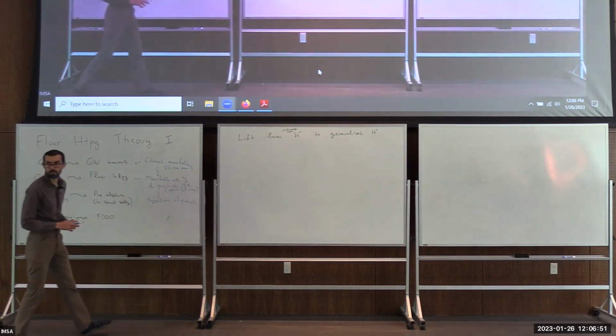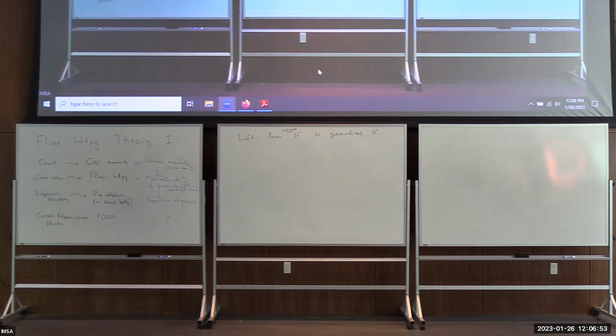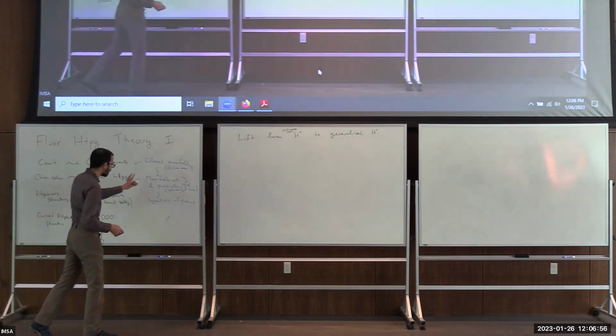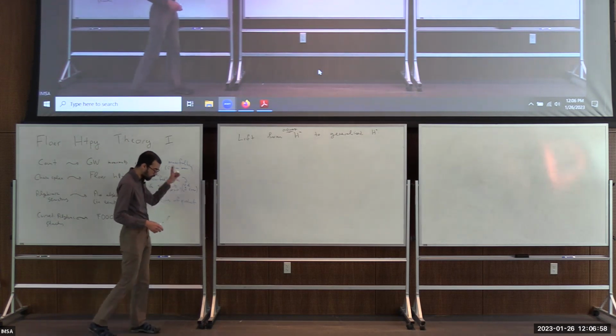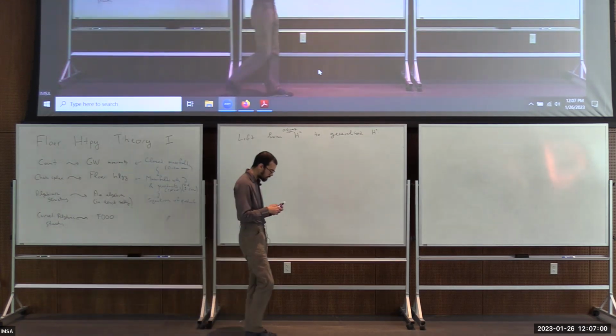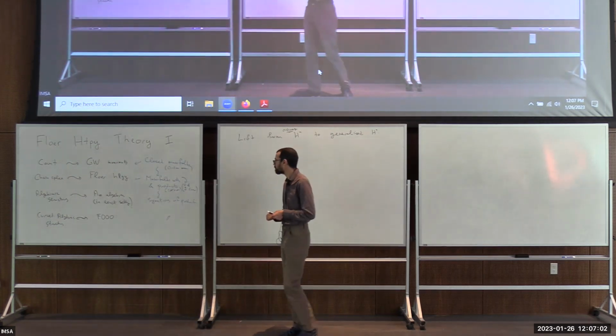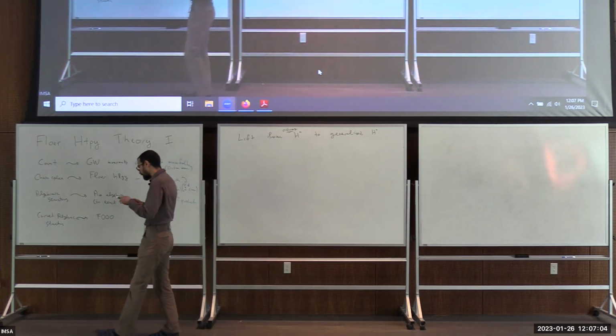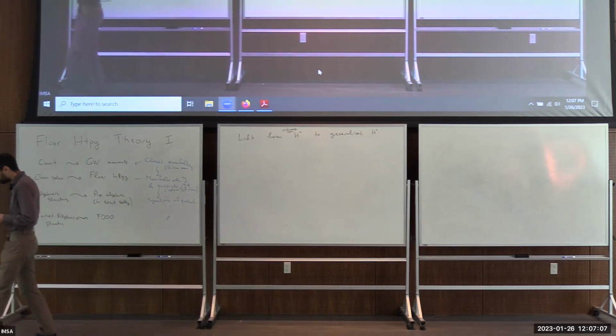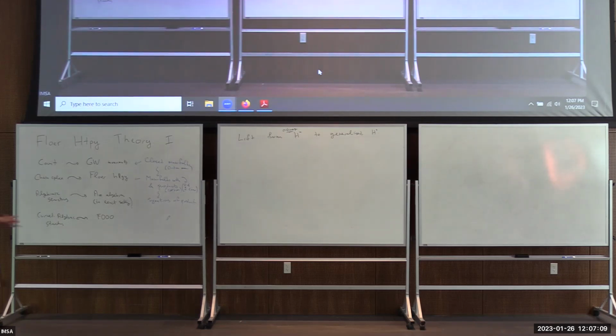Which is why this thing about not being very careful about manifolds with boundary, manifolds with corners, is not really an issue for this story. And similarly, all the way down. And again, the way I'm saying it is not completely precise, because there are different implementations of Floer homology,